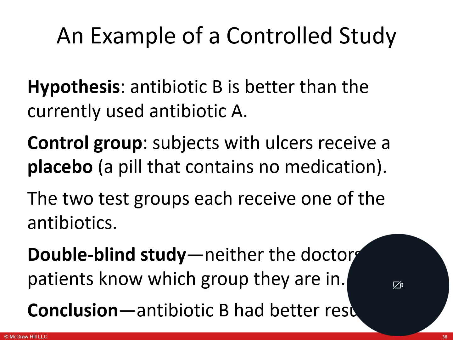They don't know that though, right? They think they're getting a medication that's going to help their ulcer. The control group will receive the placebo, and then we'll have the experimental group that receives antibiotics, right? Half the experimental group will receive antibiotic A, and half will receive antibiotic B. Now, we have to go in with them all having the same condition. So in this case, they have ulcers not related to stress.